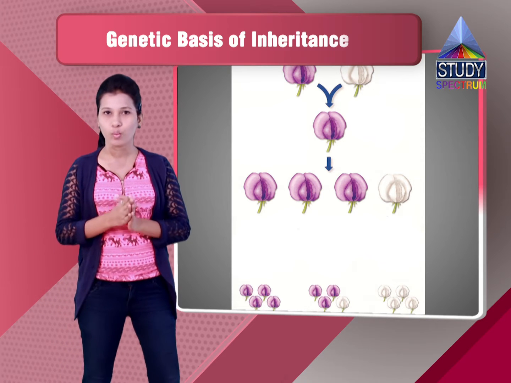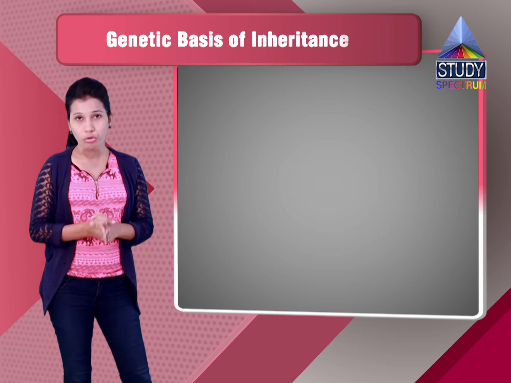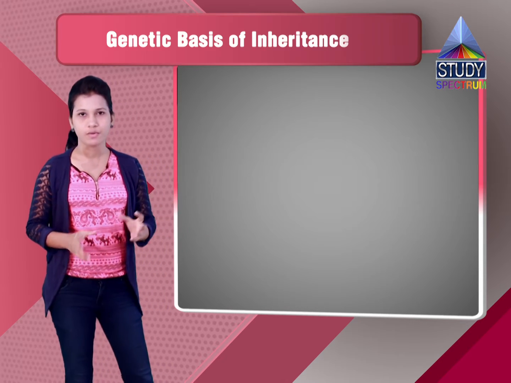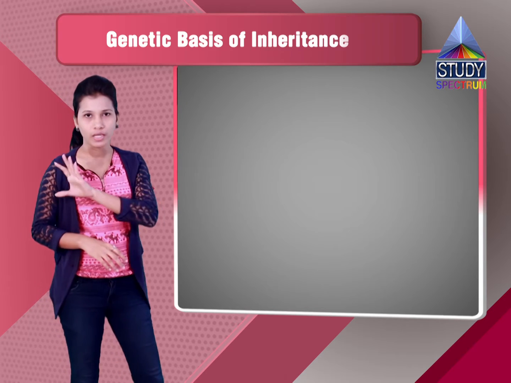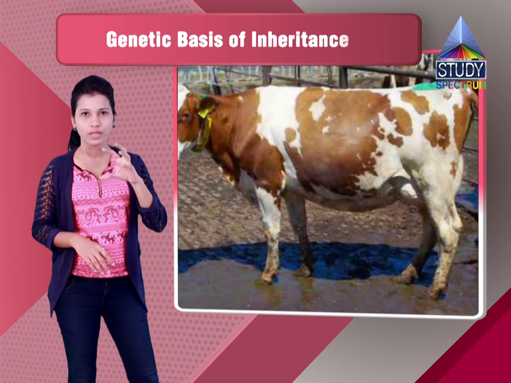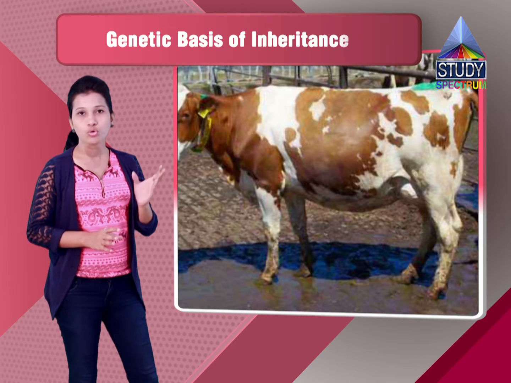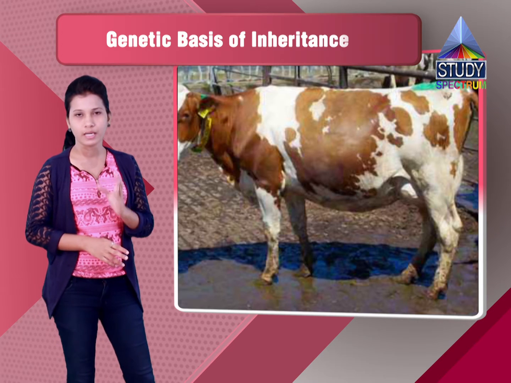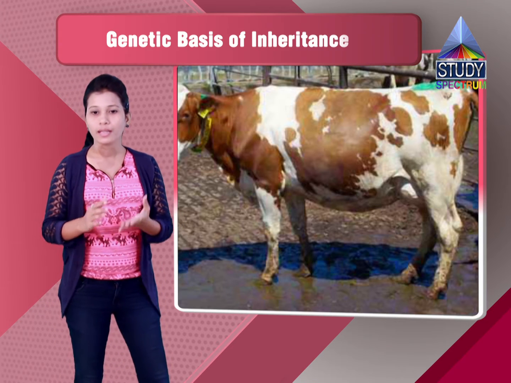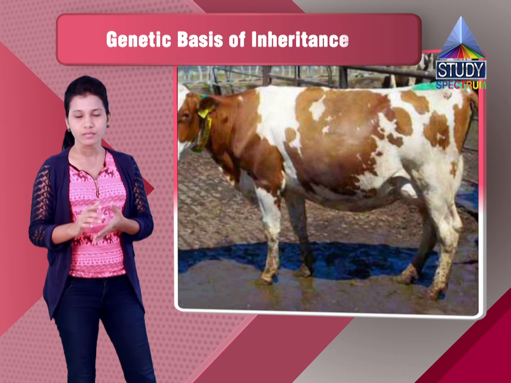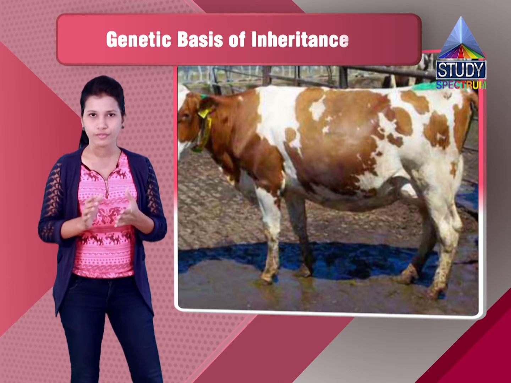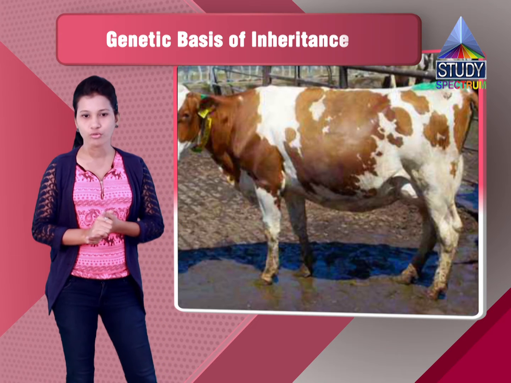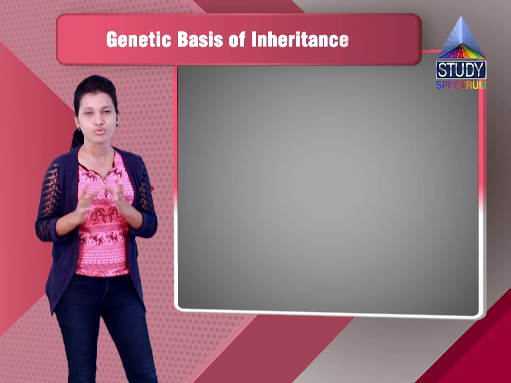That means it will have one pure red, two roan color, and one white. Roan is a combination of the two colors, where both the genes are expressed simultaneously. When it is a white cow with red patches, it is called the roan color. So one red color cow, two roan color cow or bull, and one white color cow or bull. This ratio of the phenotype is 1:2:1.